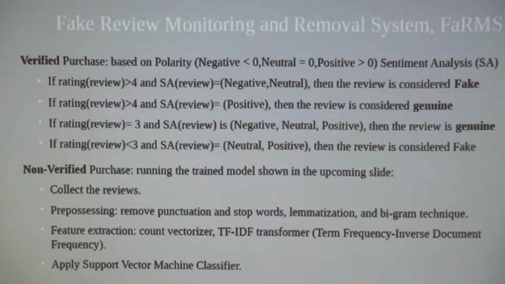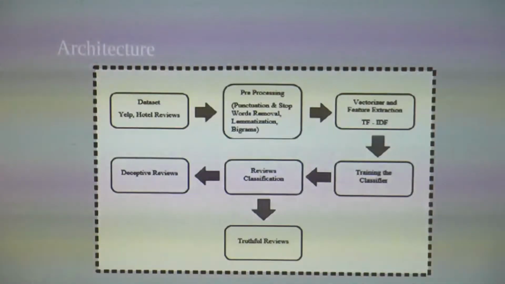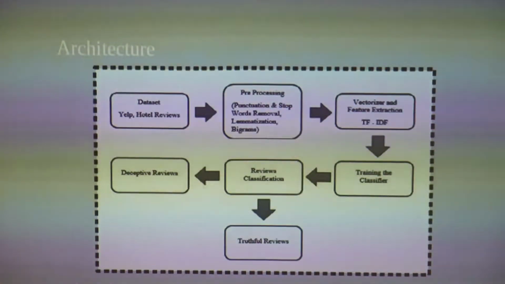it is the main model of our approach because the other is different. We are running a model, as shown in the incoming slide. Firstly we collect the reviews. Then we pre-process: remove punctuation, stop words, lemmatization, and the n-gram technique. Then we apply the feature extraction and apply the support vector machine classifier. This is the best. We applied 4 classifiers. Then the architecture of the